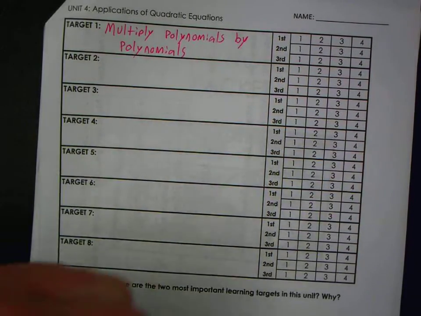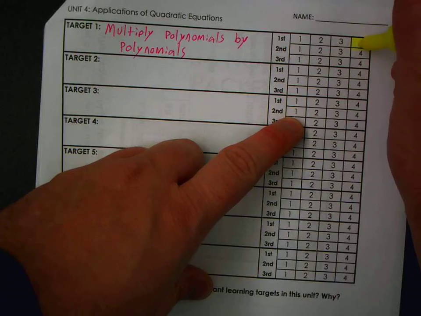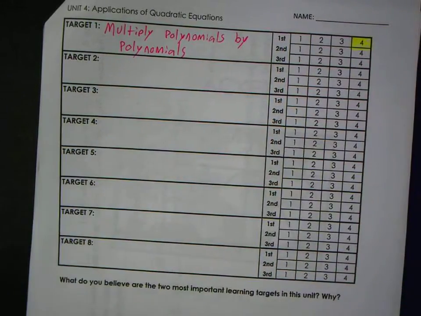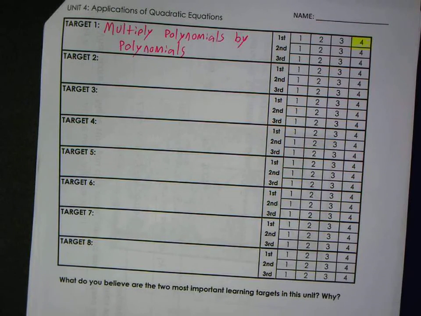Rate yourself. 1, you have no idea. Which if you're a 1, I'm not sure how you got to MCA. 2, you need some help. I was reading how you guys turn these in, and kids are saying they need help. And they put that every single time. Yeah, at school, I need help. And it's not kids in this class, but I'm just thinking,